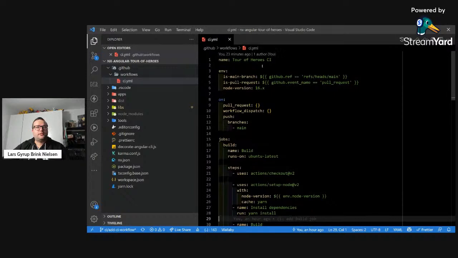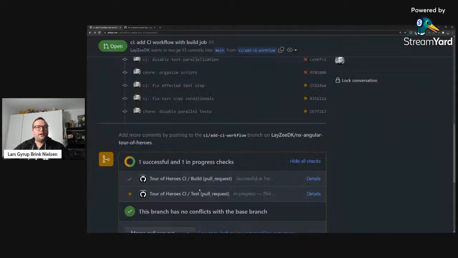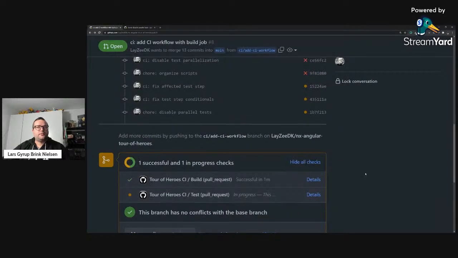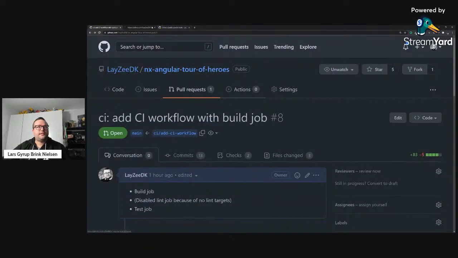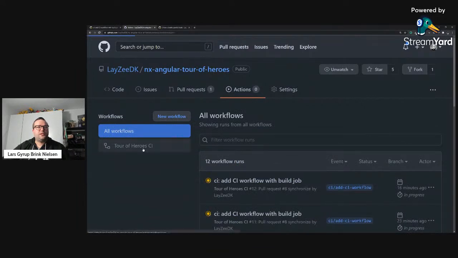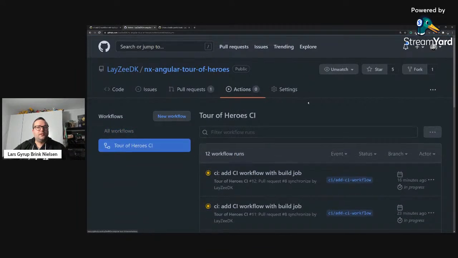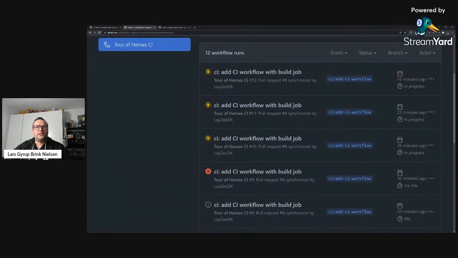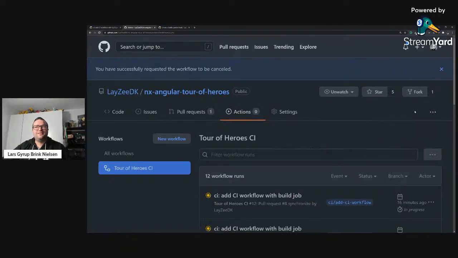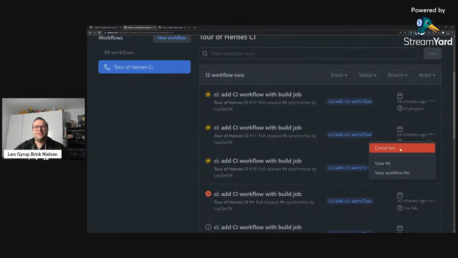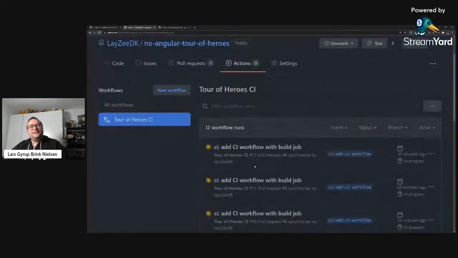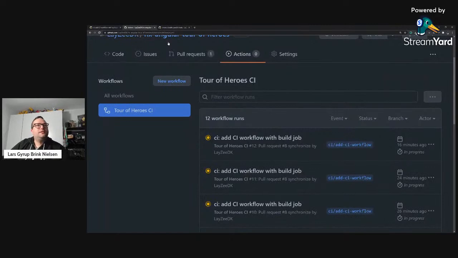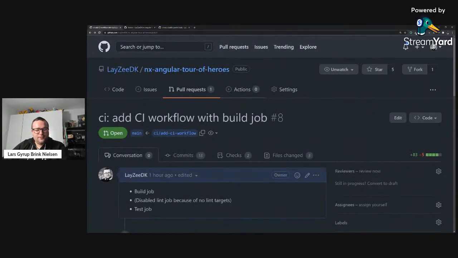Here it is. So it has a name which shows up in the GitHub UI right here. And also if we go directly to the Actions tab, we show up here, so we can filter on that name, see the ones currently running and previously running. And let's cancel these ones. Wow, Karma might really have messed up GitHub workflows for being so slow. That's annoying. Anyways,